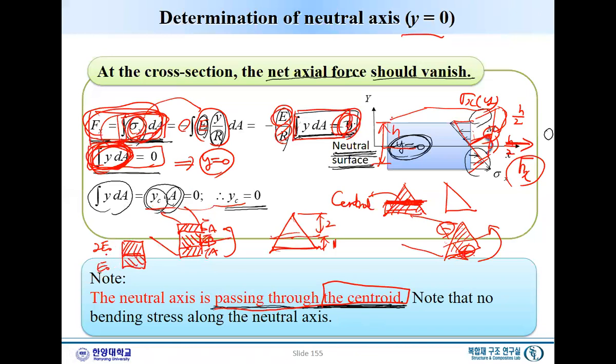Say this is twice of the bottom stiffness-wise. Then even though this thickness is the same,